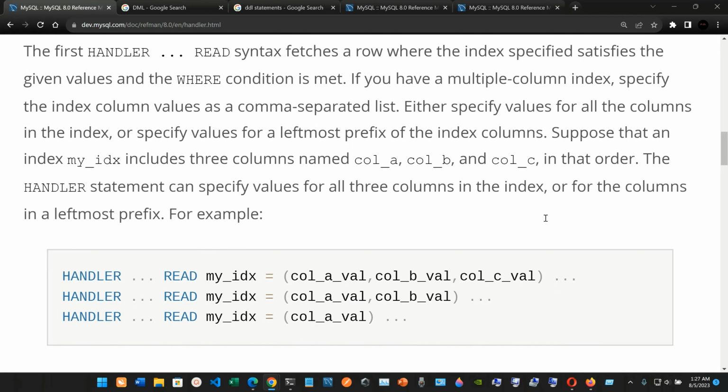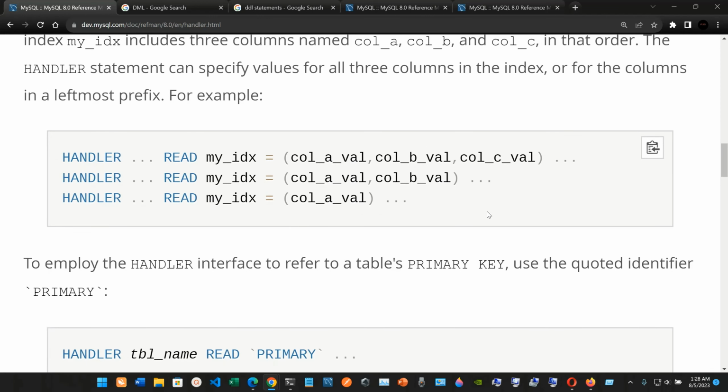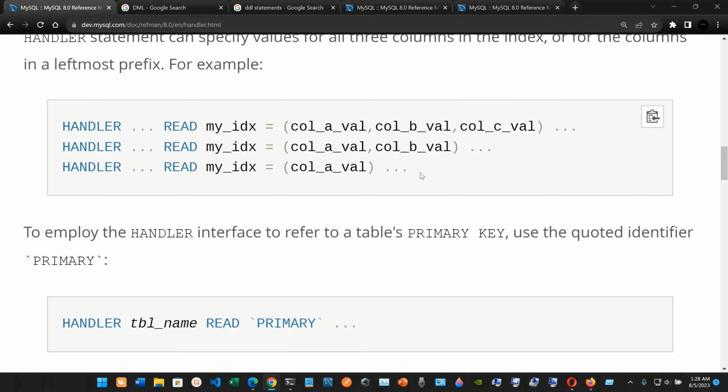If you have a multiple-column index, specify the index column values as a comma-separated list. Either specify values for all the columns in the index, or specify values for the leftmost prefix of the index columns. Suppose that an index my_idx includes three columns named column_a, column_b, and column_c, in that order. The HANDLER statement can specify values for all three columns in the index, or for the columns in a leftmost prefix. For example, we will do something like this: HANDLER, then some conditions, then READ,